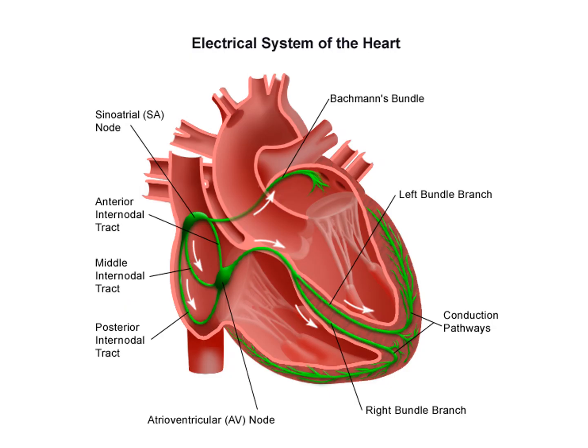And now we're shifting from blood to the electrical system of the heart, which is what actually controls the heartbeat. And we want to think of this as the heart's wiring system. It tells the heart when to contract. So everything starts at the SA node, which is located in the right atrium, as you can see in this picture. This is known as the pacemaker of the heart because it sets the normal rhythm, typically 60 to 100